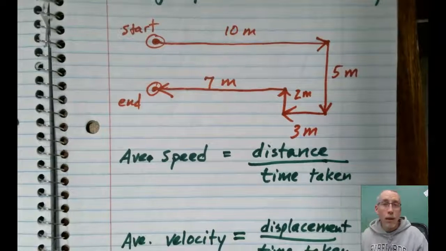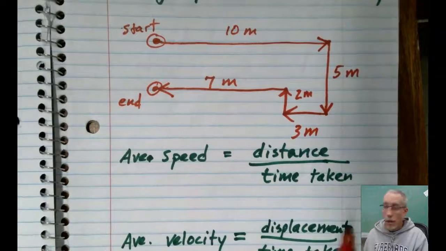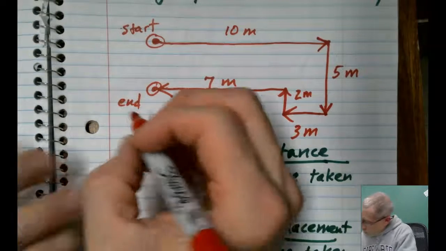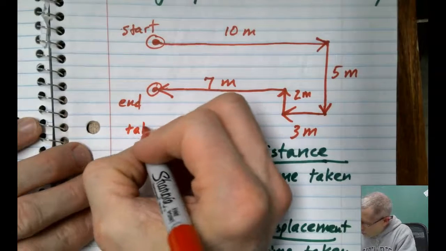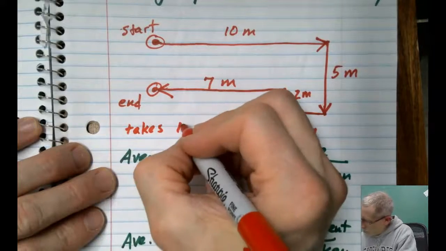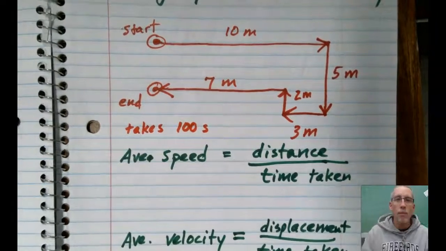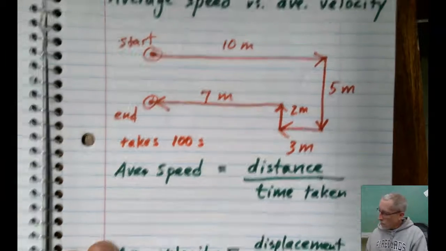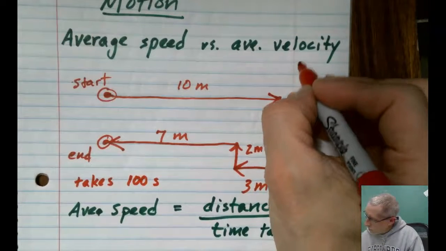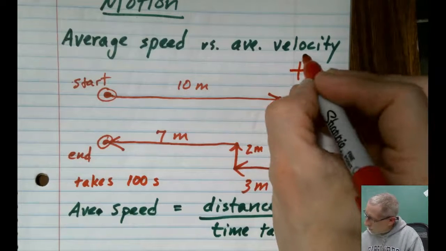Okay, so let's get some time information because we're going to need that in order to calculate either one of these. So let's say this takes, we're going to keep it real simple, 100 seconds. That's almost 2 minutes. Maybe this critter's a little slow. And let's also just keep in mind that